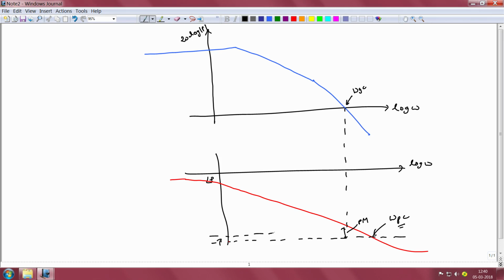So what we shall attempt to do when we are looking at how the different already available popular controllers affect our open loop Bode plot is to make sure that none of them will result in the Bode plot having a phase margin less than this particular minimum value, which I shall call as phi naught. So what we shall do next is to look at some of these common, readily available control architectures and see in what way they help to improve the performance of the closed loop system.